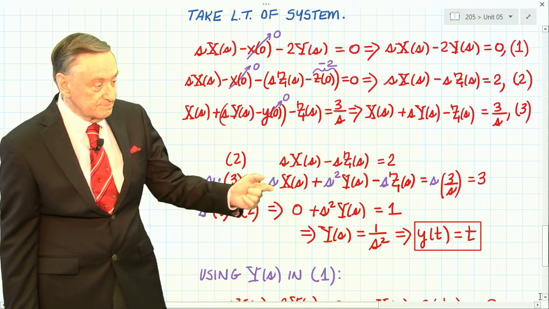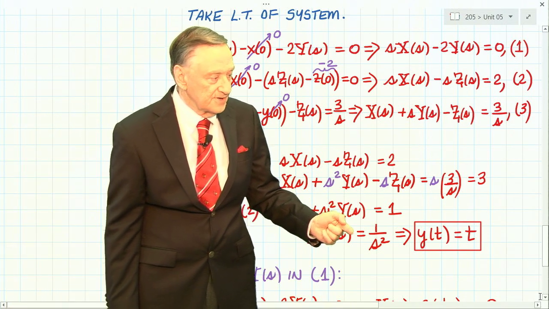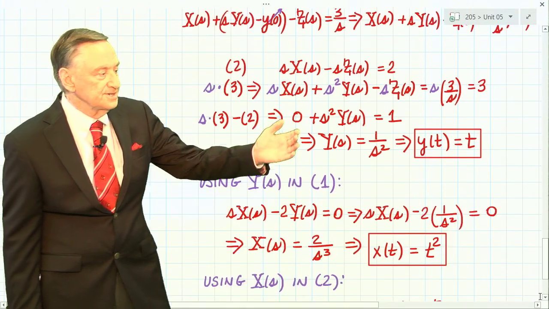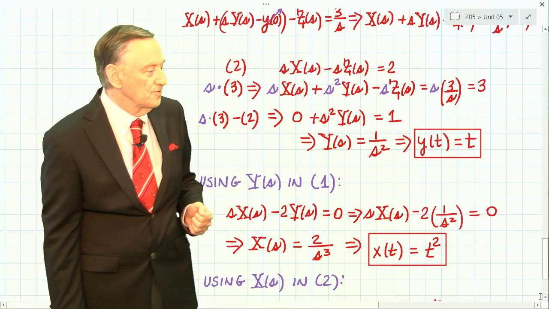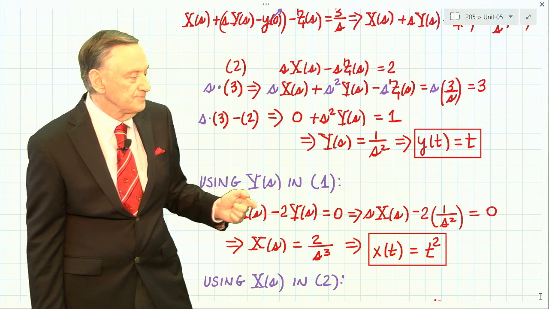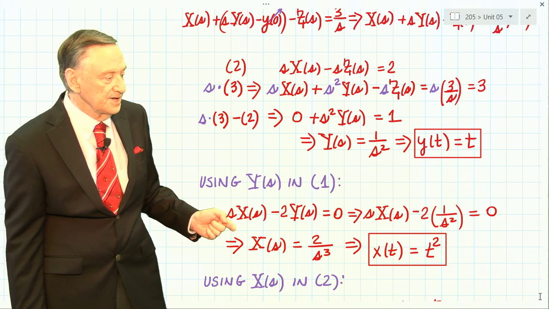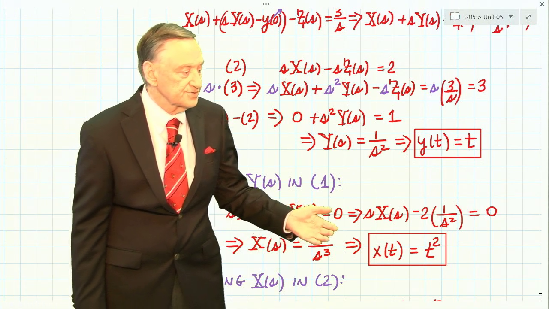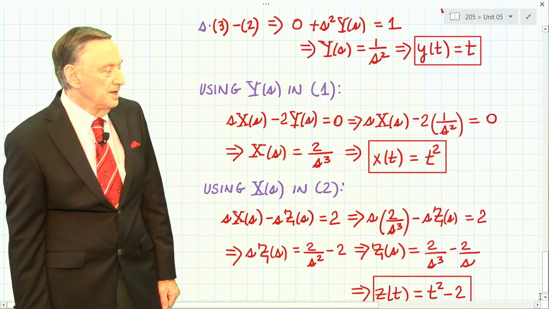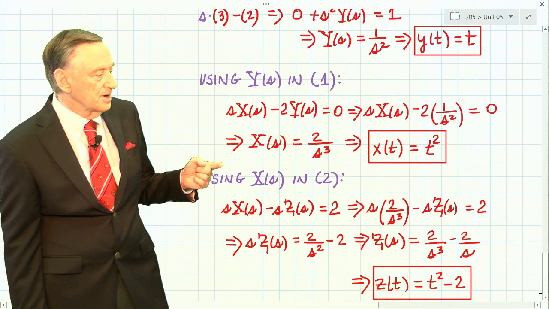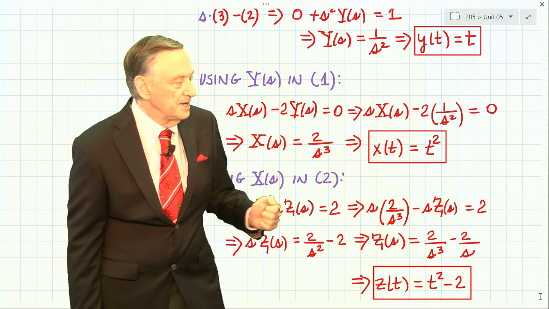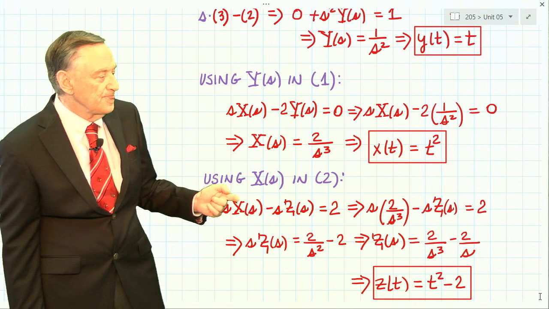Or we get little y of t when we take the inverse Laplace of 1 over s squared, which is equal to t. Now we're going to take that capital Y of s equal to 1 over s squared and substitute back right into here and get capital X of s, take the inverse Laplace of that, and get our x of t. Finally, if we plug capital X of s, the 2 over s cubed, into equation 2,